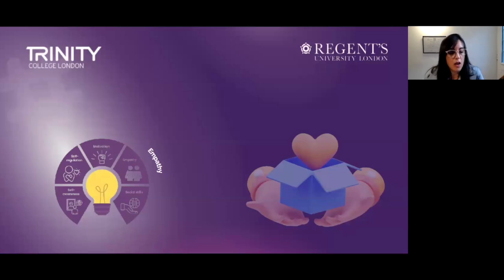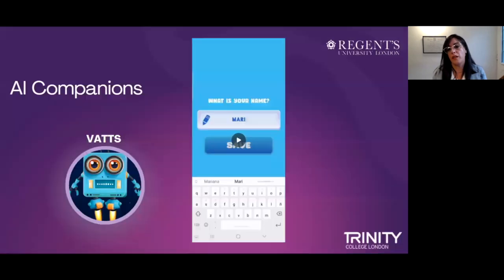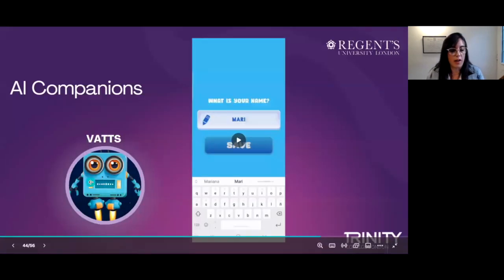With empathy, we have been working with AI buddies that can chat with children, answer questions, and engage them in playful activities, fostering communication, social skills, and providing a safe space to explore emotions and empathy. Through interactive games and content that might involve scenarios or characters with emotions, the app we use, which I am going to show you, can help children develop important cognitive and emotional skills in a fun and engaging way. So once you are in the app, which is called BAT, and this is our character,